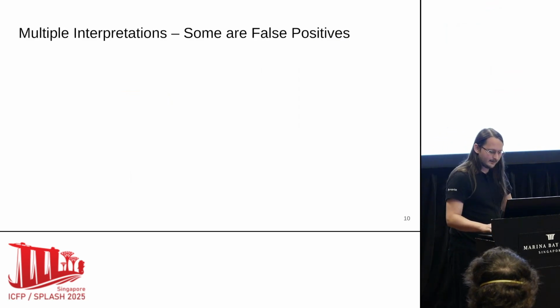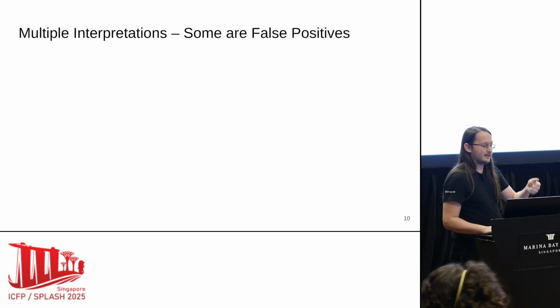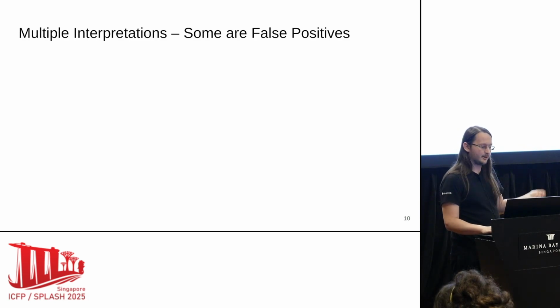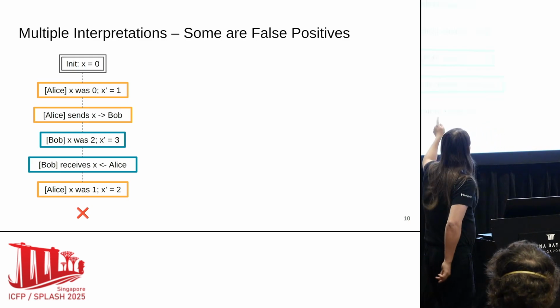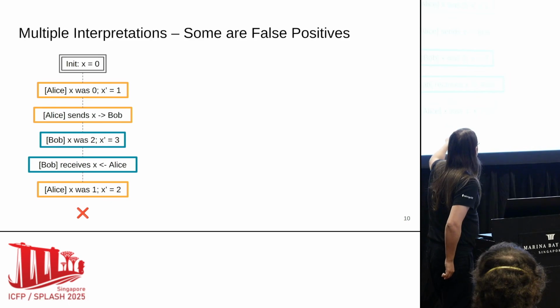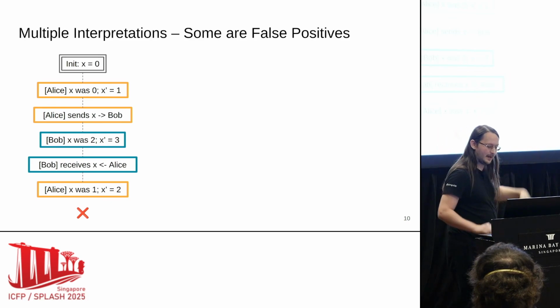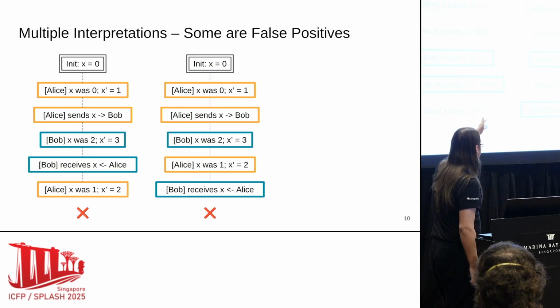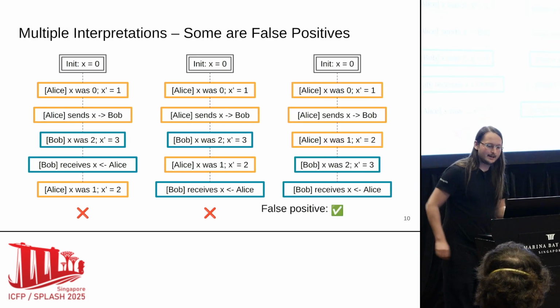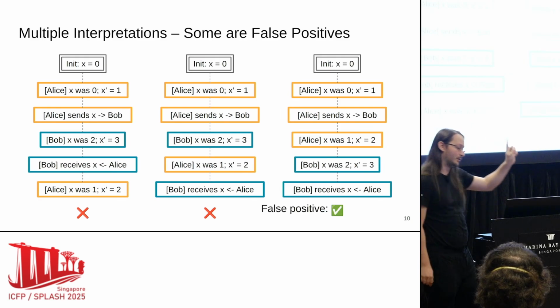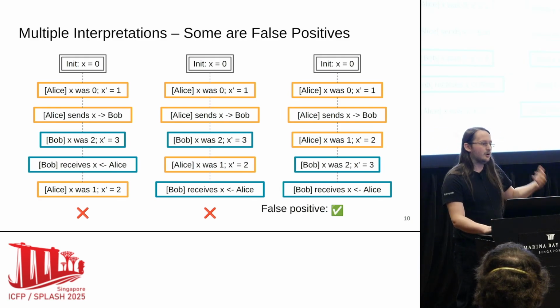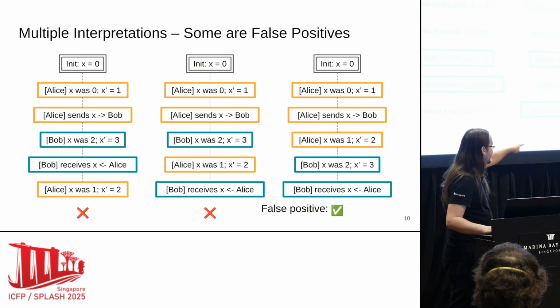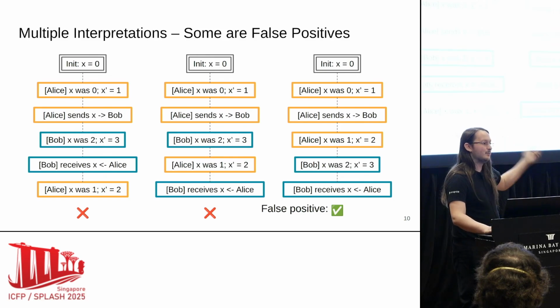So just to get into this, when you're dealing with causality, you can have multiple interpretations of your trace. Here are some of them. This one, Bob was considered to have incremented X before Alice incremented it, and that's a validation failure. Here's another one that just permutes a couple of them, but is still obviously a validation failure. And here's our original example, which is still possible. So we don't want to only validate this last one, because if we just pick this trace, then we still pass it, and we don't want to pass this